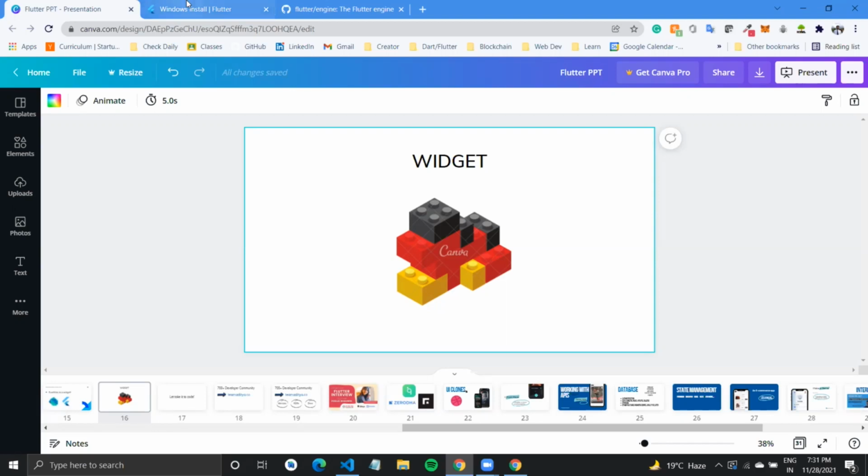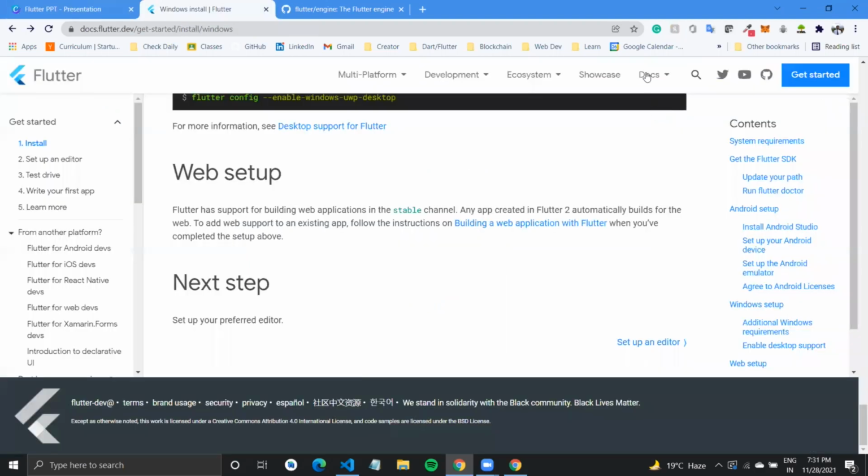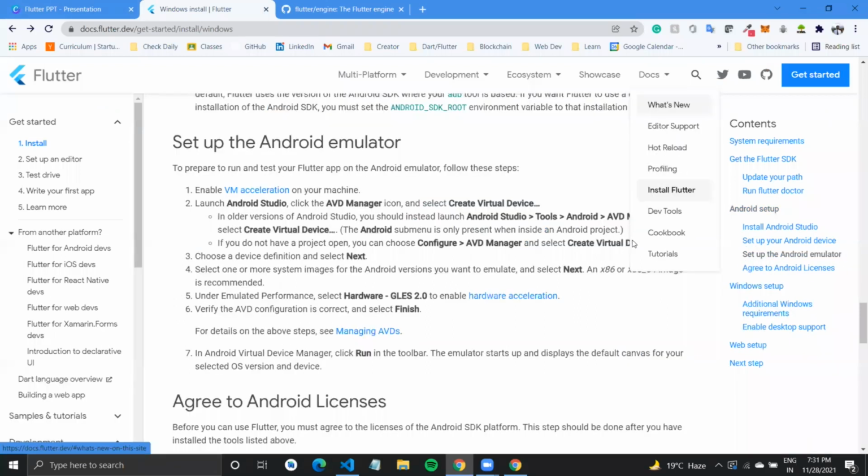If you come back to the Flutter documentation, what you can do is go over to the docs, go over to something called tutorials.